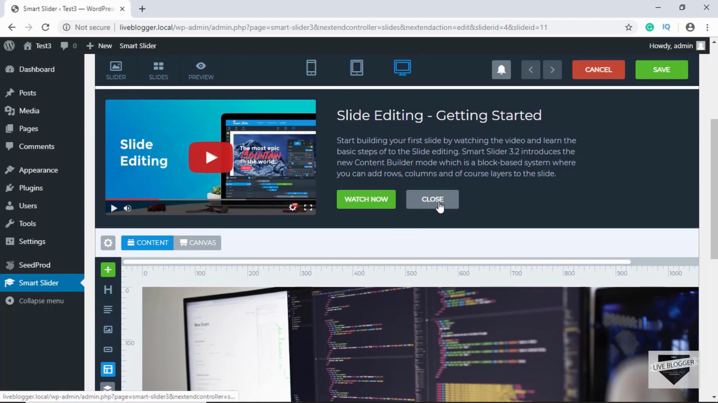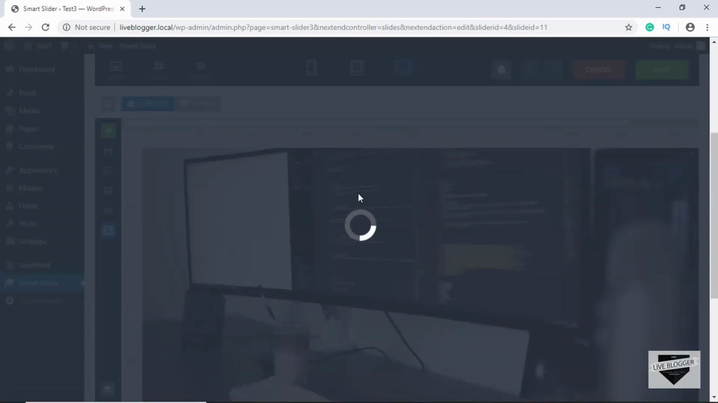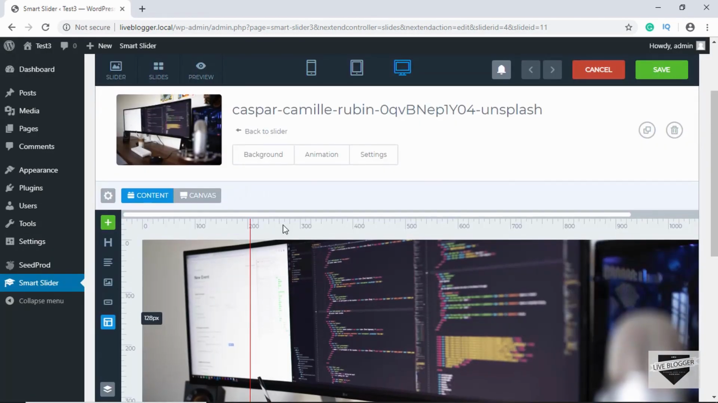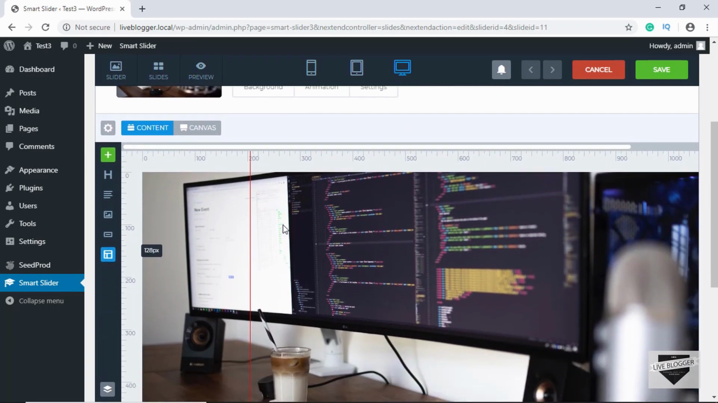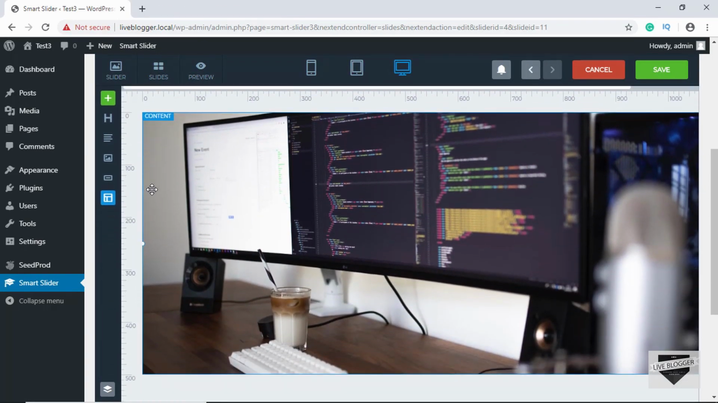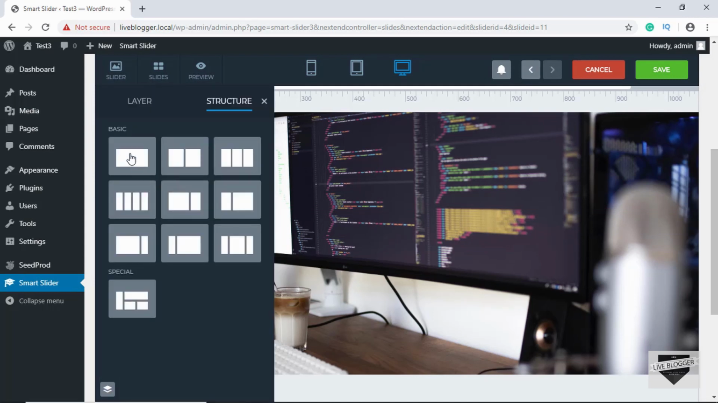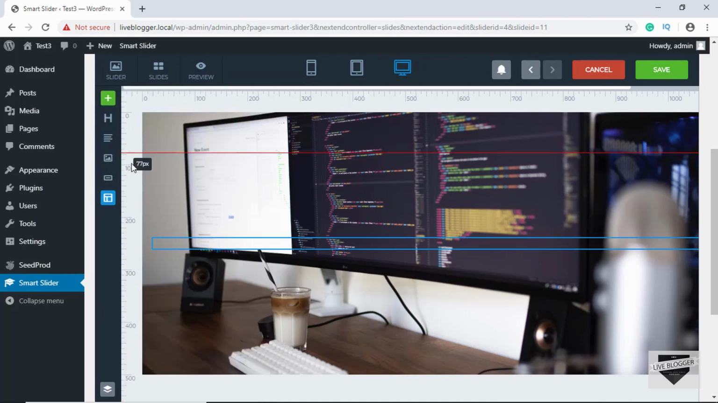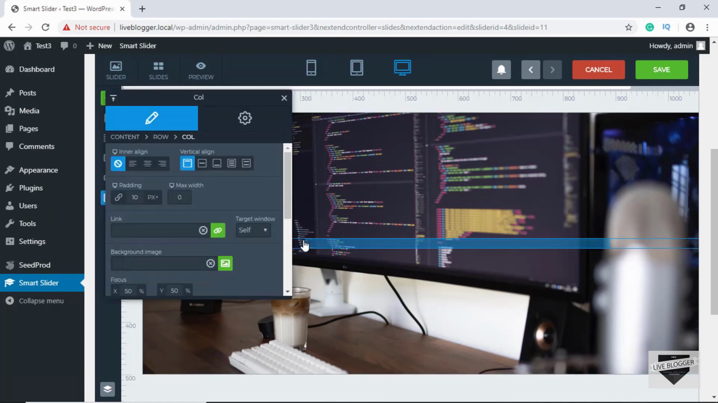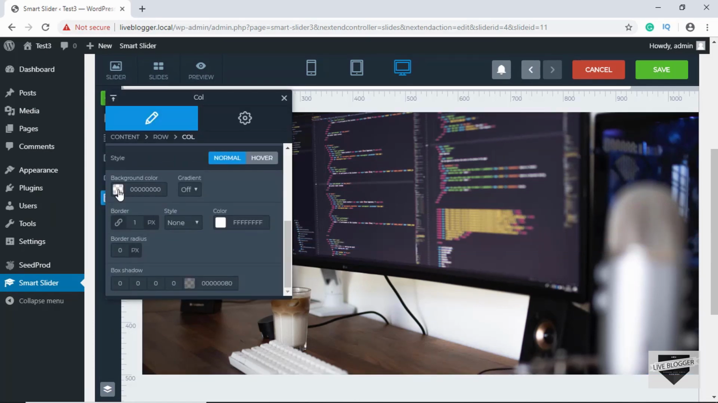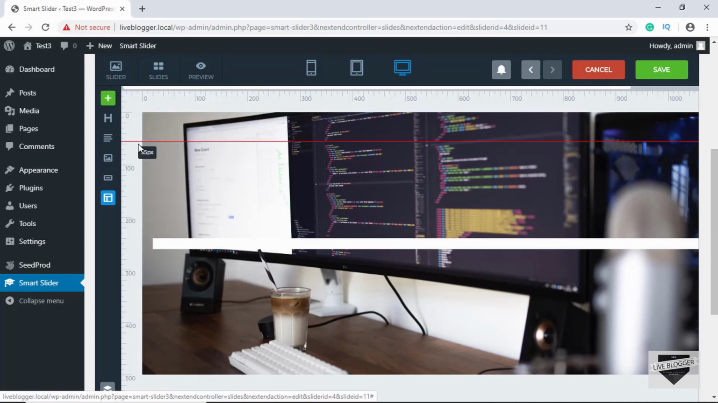We'll just close this tutorial thing for now, and we can see the slide right here. Alright, now let's add some text over here. So first of all, we will add a structure. So we'll just add this basic structure, and we'll change the background color to white. Alright, now we'll add a heading inside our structure,